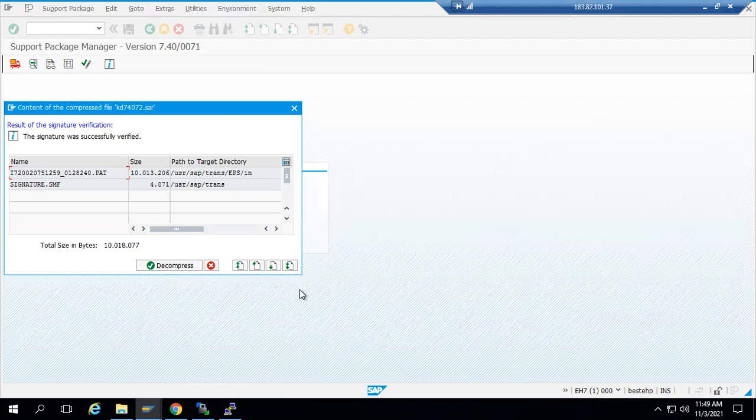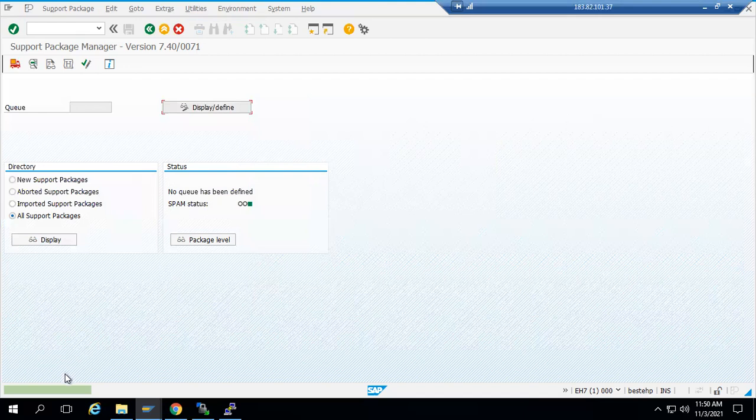After that, you can uncar it using SAPCAR. If you do select those options, then you need to come here and select the application server. Now I will decompress it. Now see, it has been decompressed and then deleted. You can see it in the pop-up below.